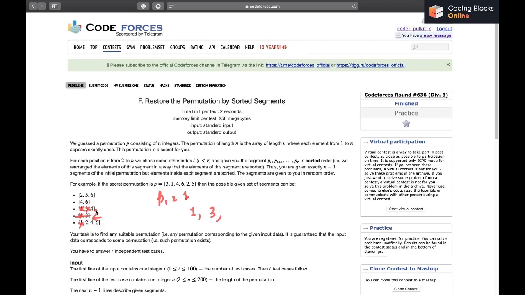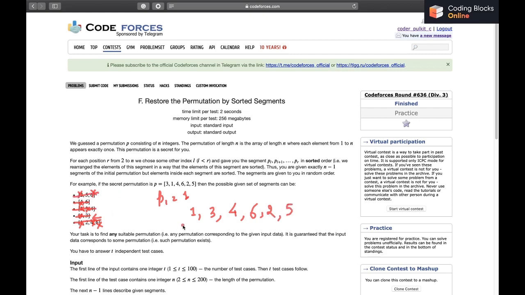Then we have this segment with length 1, and all the others have length greater than 1, so this is also gone, and the third element becomes 4, and then we delete 4 from the others. Then we have this with length 1, so 6, and we delete 6 from the others. Now we have this with length 1, so 2 is the next element, and similarly we'll delete 2 from the remaining segments. We have 5, so 5.